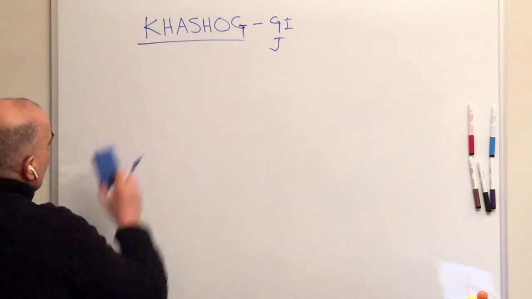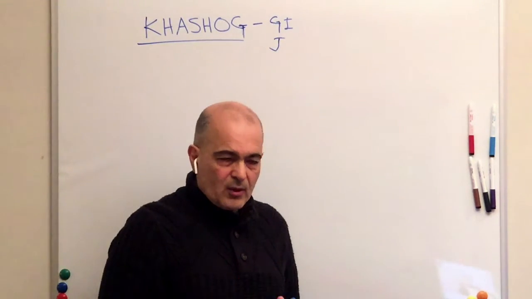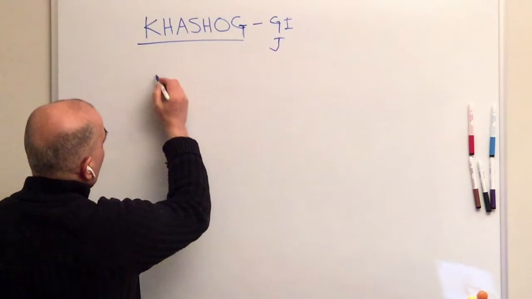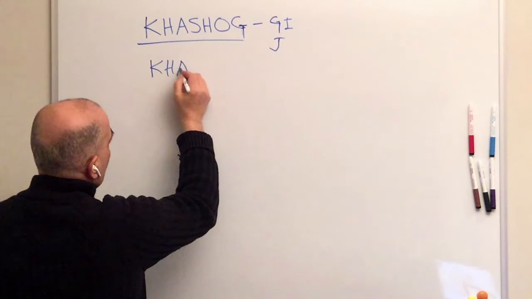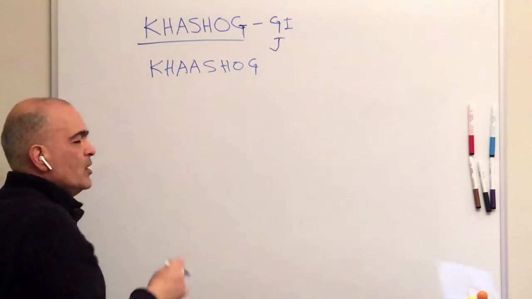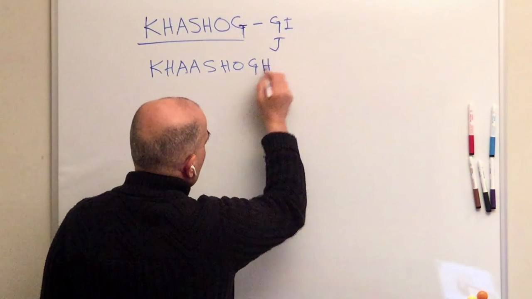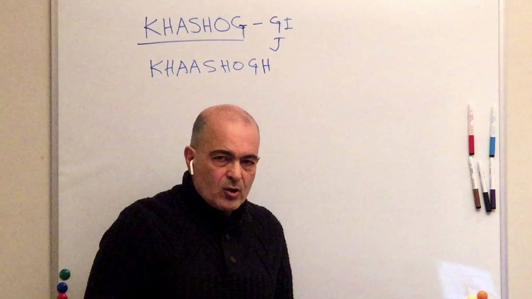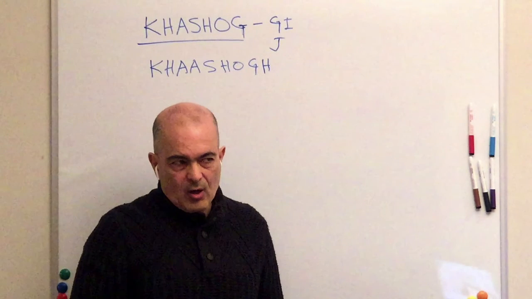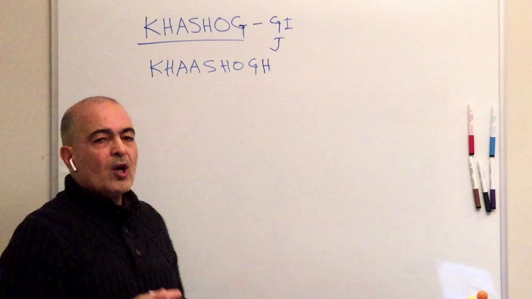Now, Khashogg, what does it mean? How do you actually pronounce it? The A is a long A, so that should really be a double A. It's actually Khashogg. The first G should really have an H. That's a GH. So the pronunciation of this in Arabic is Khashogg. The KH is a Kh. The GH is a G. That's quite difficult for